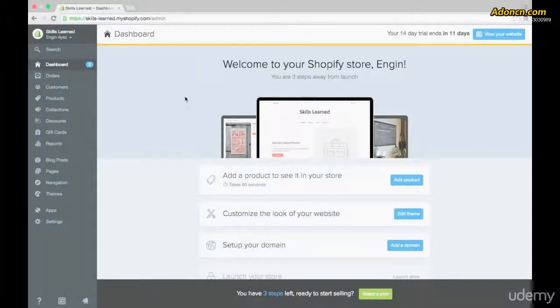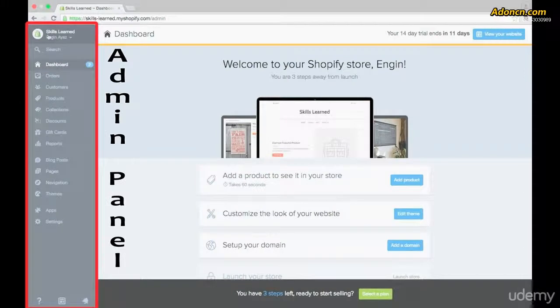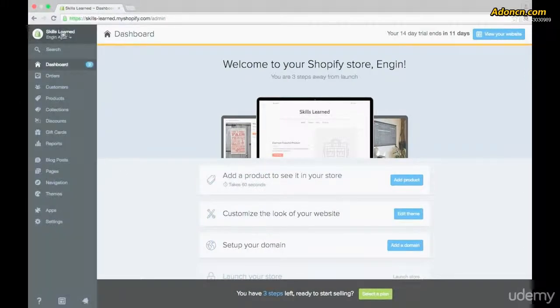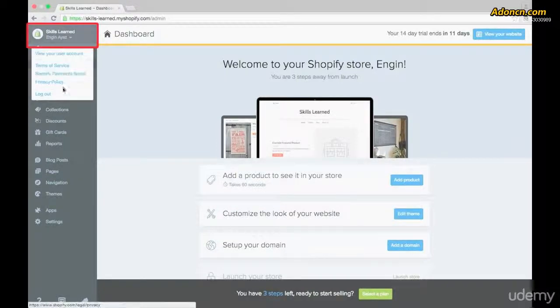Let's go ahead and get started with the very first thing on top of the admin panel, which is right over here, and it's going to actually have the name of your store, which you chose upon creating your account. And remember, you can change that name anytime that you want. So go ahead and click on this area, and you'll see that a little pop down is going to drop